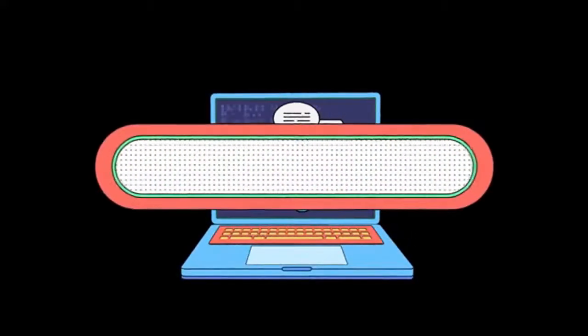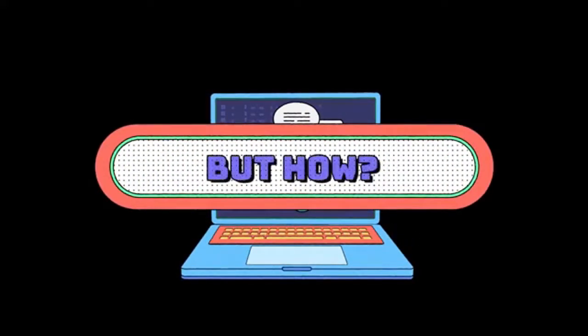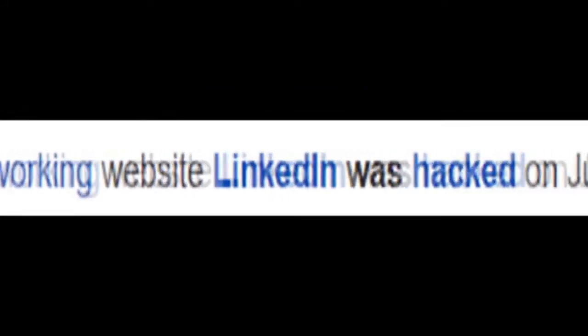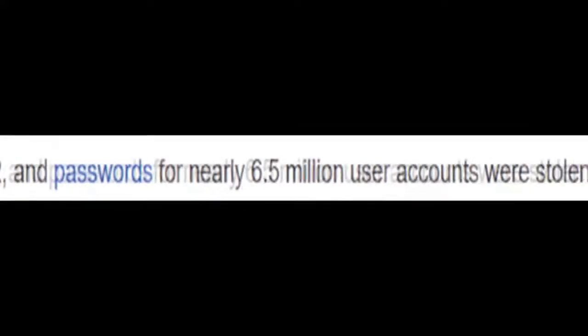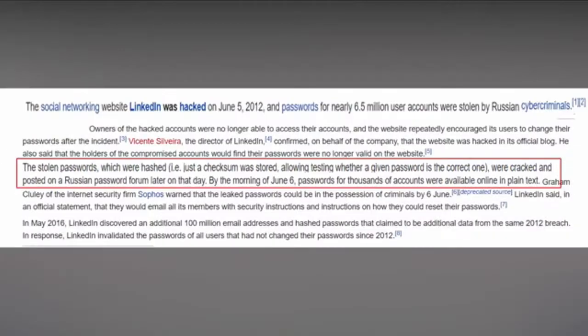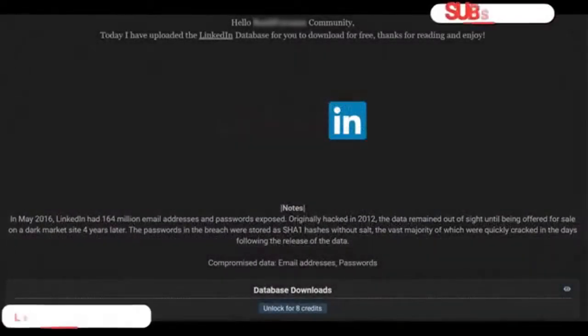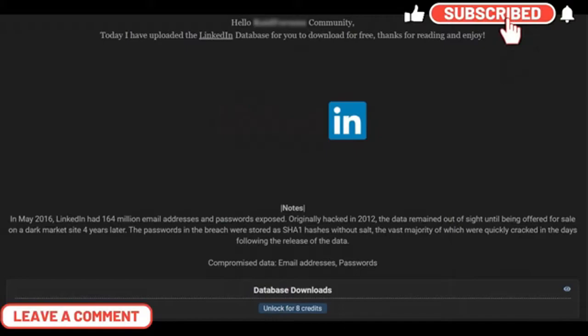But how did this happen? How is it that your credentials are already publicly available on the internet? This is because of data breaches. When hackers manage to hack a website and get access to the website's database where the user information like their credentials are stored, they leak all this data on the internet. In most cases, they sell this data on hacker forums and dark web, or even post it on Pastebin. It's the hacker's choice, of course.